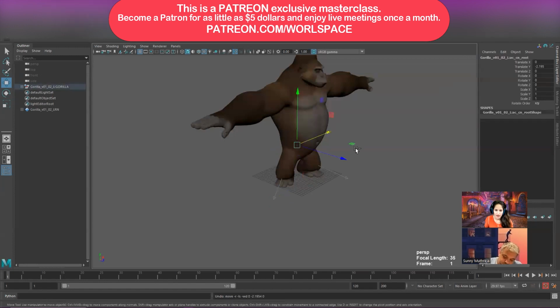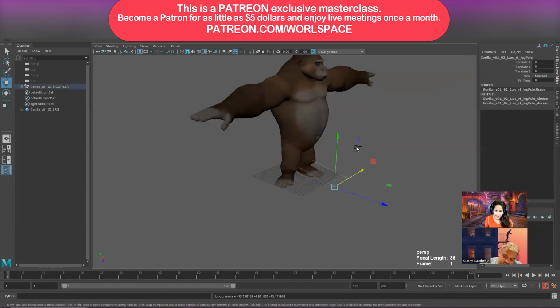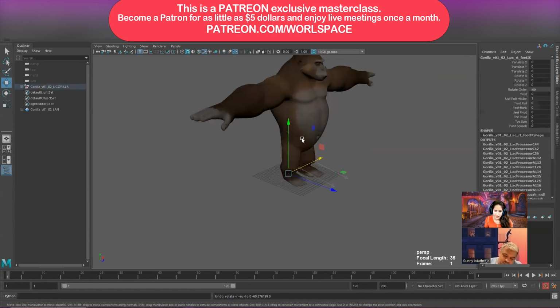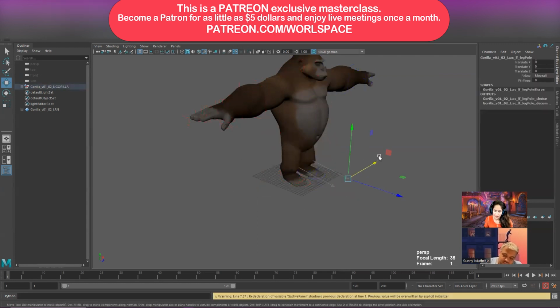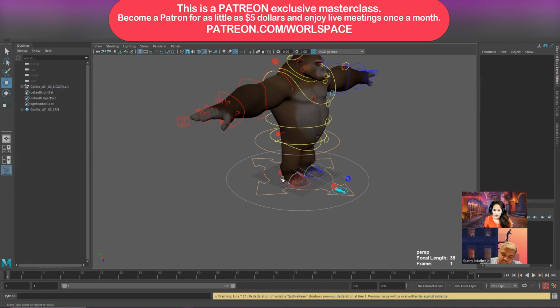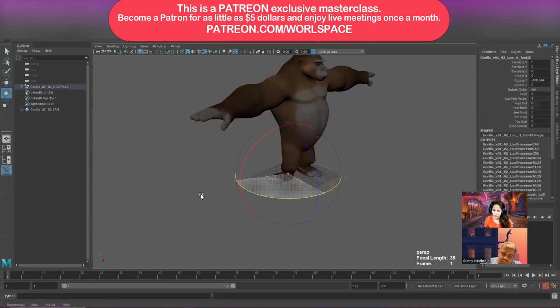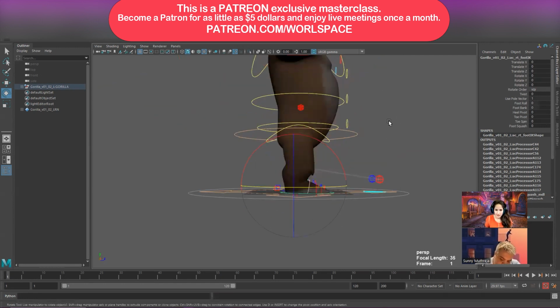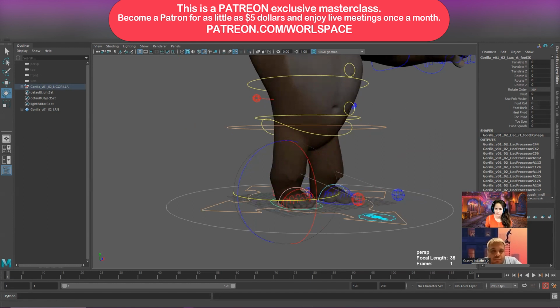So check your rig and check what spaces it offers to have that knee. If you can automate it a little so that it follows the foot, then you're just gonna need to worry about the foot placement and not so much about the knee, and then the knee you can clean and polish. Another important thing is to figure out if your rig has